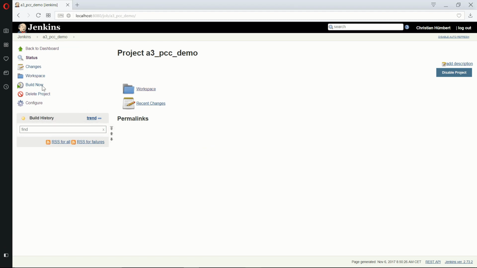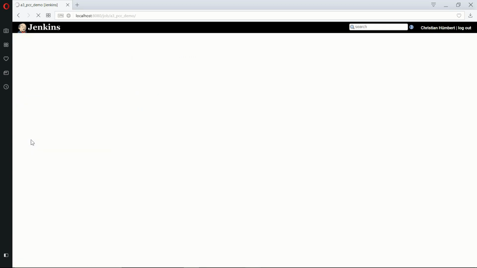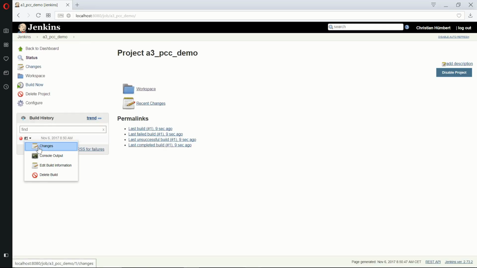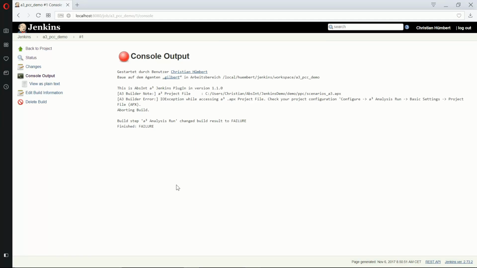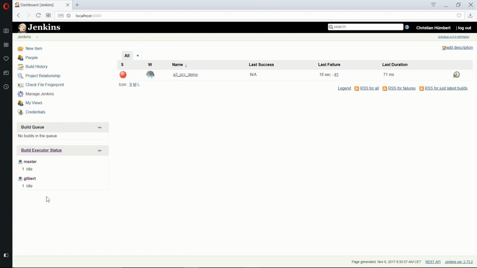Okay, let's start the build process by clicking on Build Now and see what happens. Well, it's already over. It failed very quickly, so let's have a look at the console output to see what the reason was. All right, yes, I have here a distributed build system. Remember the installation and configuration part. My master is a Windows system here, but I also have a slave, a Jenkins slave, which is a Linux